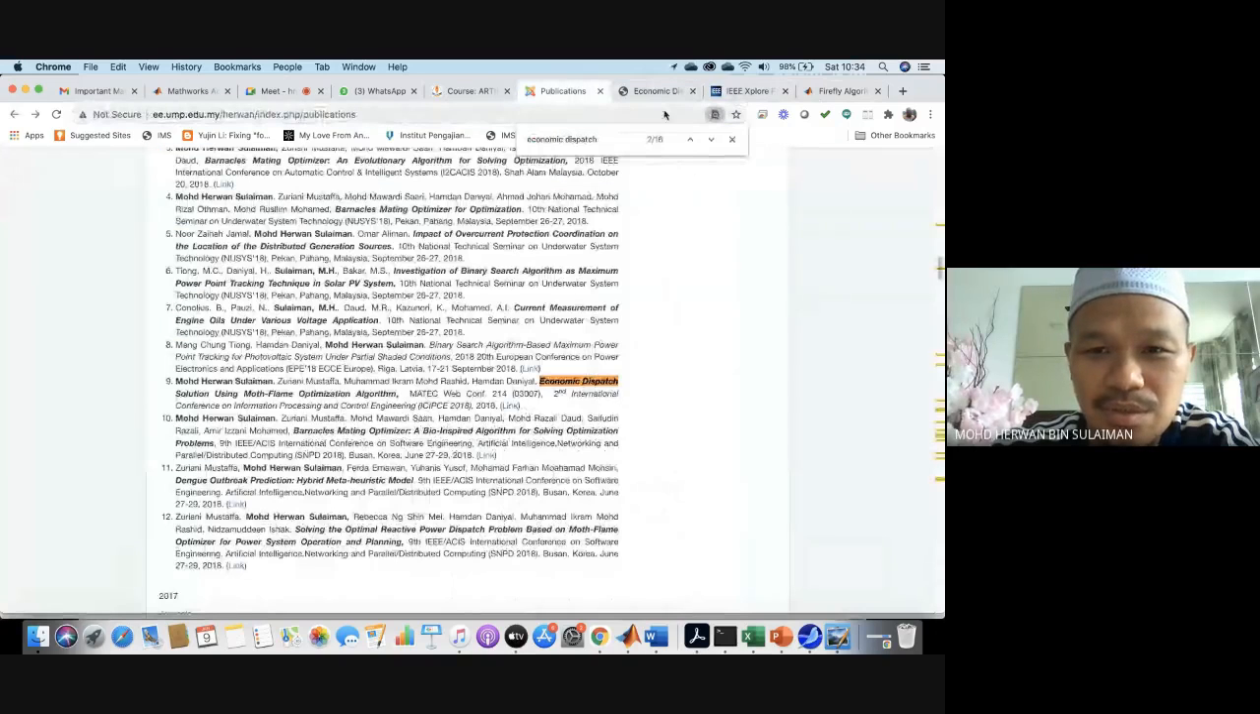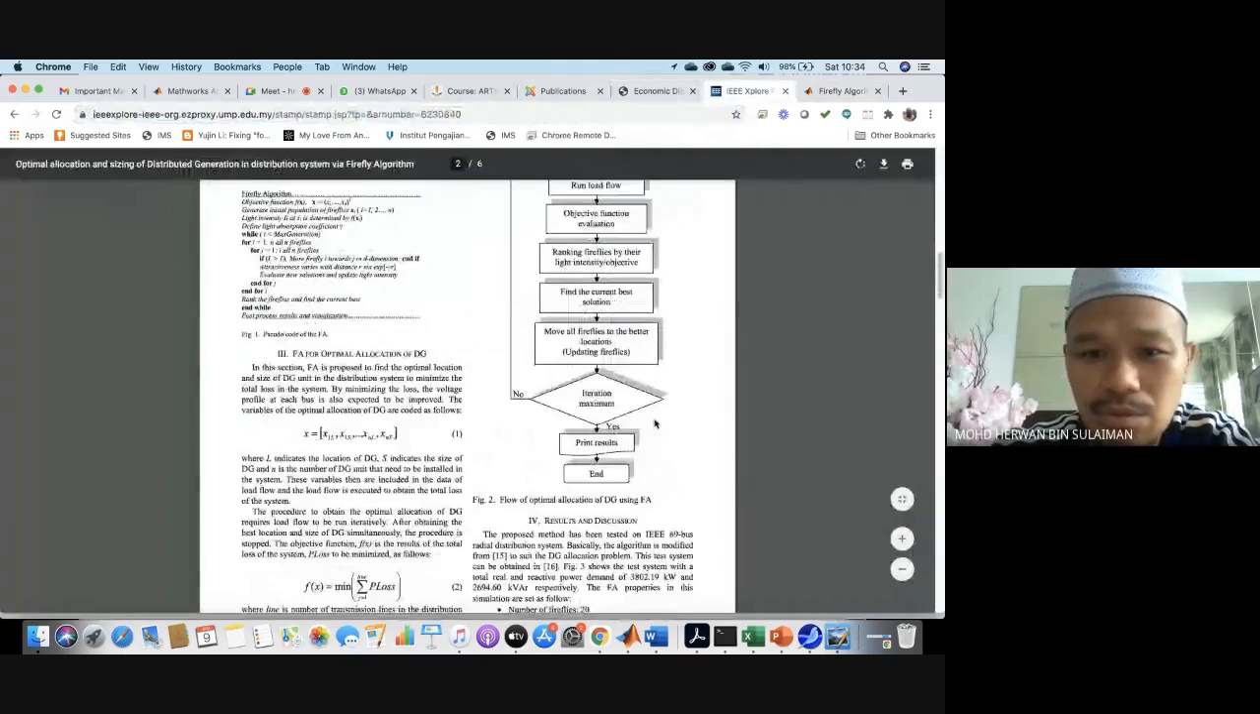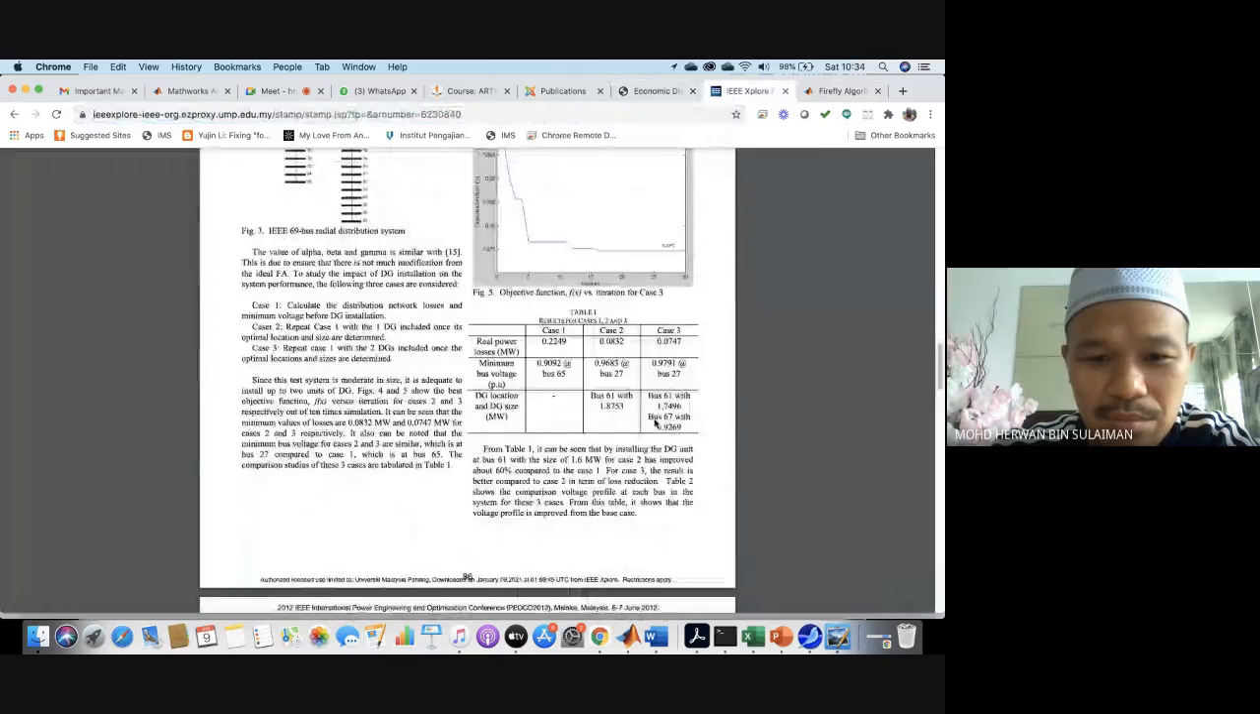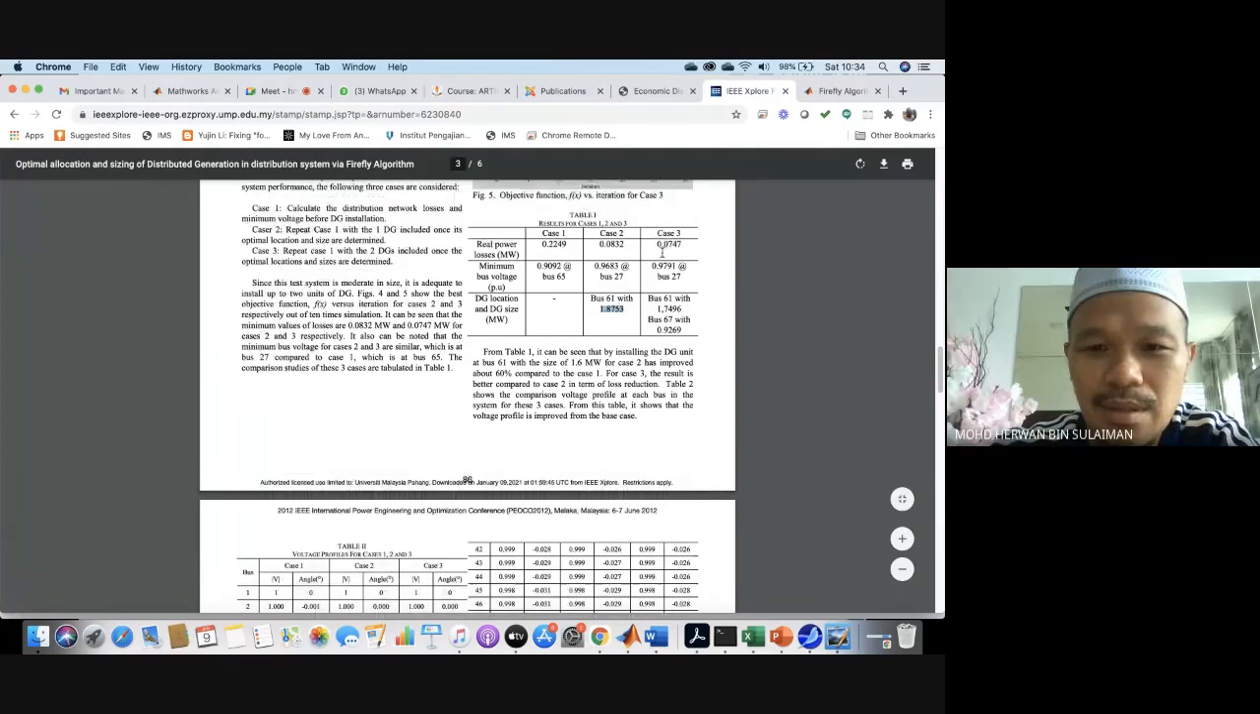But for the results, you can benchmark. Let's say for this one, right? So the result should be, if you solve one generator, bus 61. And the value should be this value, the range. And you need to,